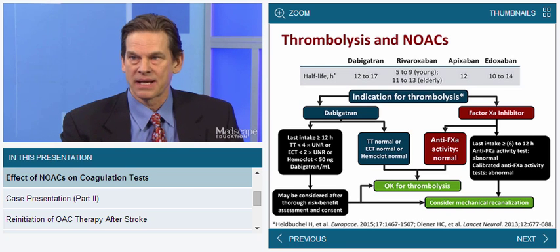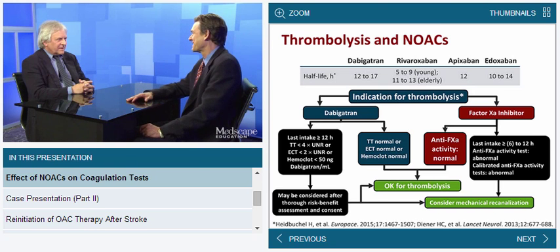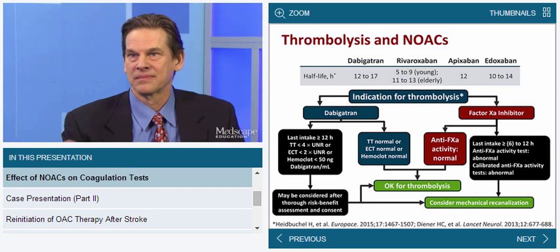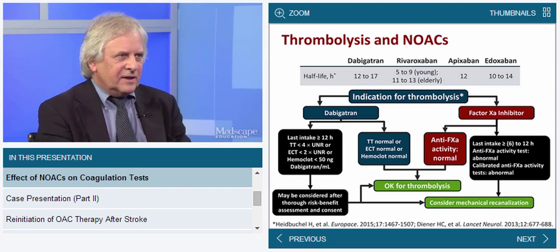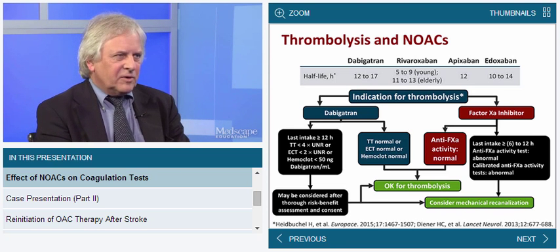Okay. And then for one of the 10A inhibitors, your practice would be to try to get that urgent 10A lab test, or that's not available at all places. What do you do if you don't have the test? Yeah, then you cannot do thrombolysis. I think this is why taking the history is so important, and it's so important that relatives come along with the patient. So sometimes, let's say the wife knows which drugs the patient takes, and if taking the history clearly indicates it is a 10A inhibitor, but the last intake was more than 36 hours ago, it's okay to do thrombolysis and not wait for the coagulation tests.